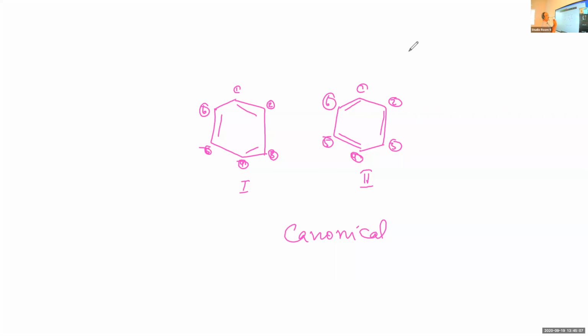And the phenomenon is called resonance. And the resonance is shown by double-headed arrows. So what is the actual structure of benzene? The actual structure of benzene is shown like this. See, instead of alternate single bond and a double bond, we write, say, a circle like this. The position of the double bond will be changed. Or you can write the structure